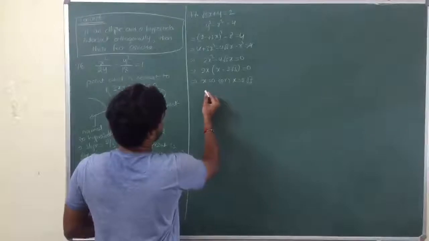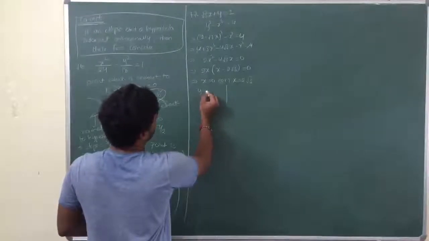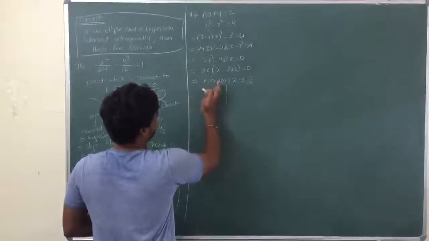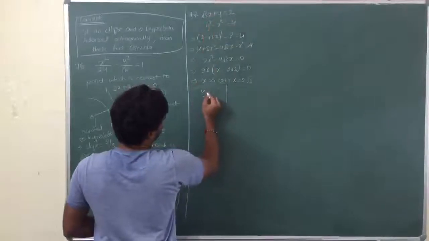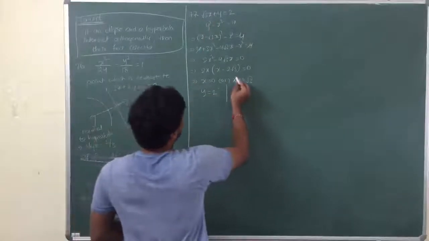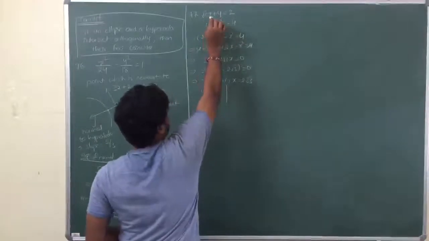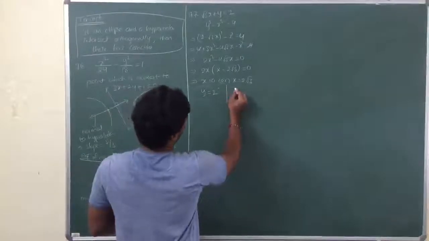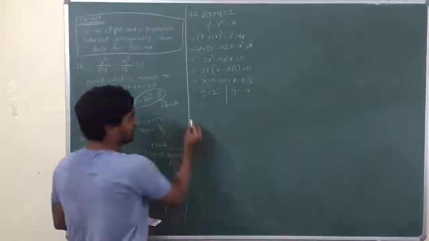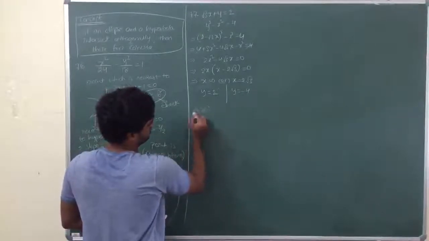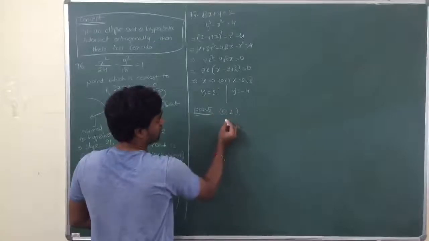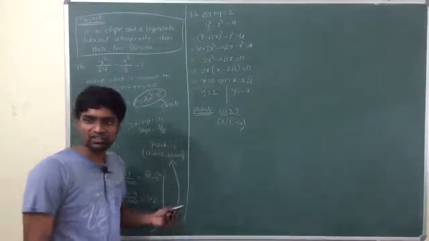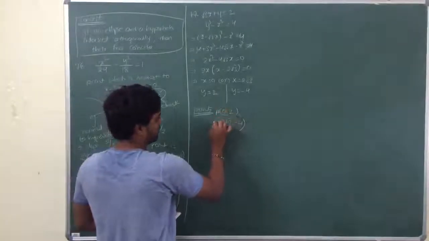So another point will be, if x is 0, y will be plus or minus 2. Sorry. X is 0, y will be 2. If x is 2 root 3, 2 into root 3 into root 3, 2 into 3, 6. 6 plus y is equal to 2. Y is equal to minus 4. Okay. So what are the points now? 0, 2 and 2 root 3, minus 4. These are the points. Now, suppose OA, B.